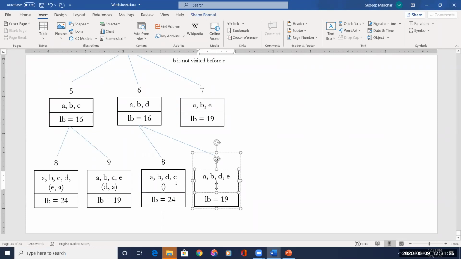Now what is the remaining thing that we should write here? So remaining vertex is E, and from E we can reach A. Here from A, B, D, E, from E you can reach C, the remaining vertex. From C you can reach back to A. So you have to write this by looking at the diagram. Okay, from C you are reaching E and A.